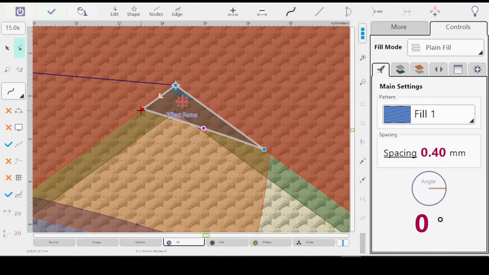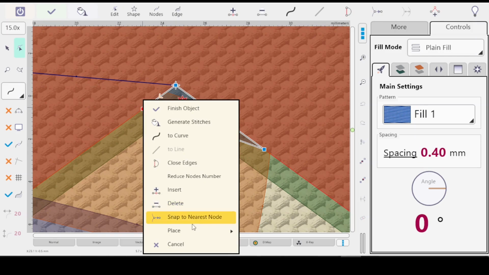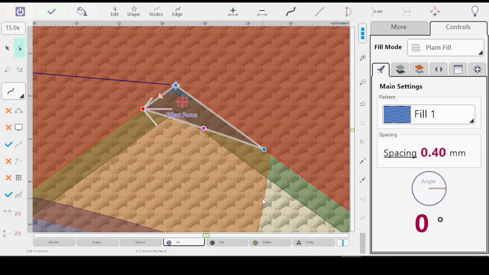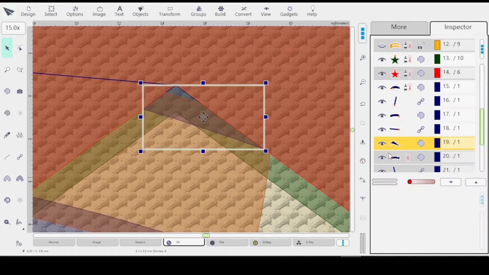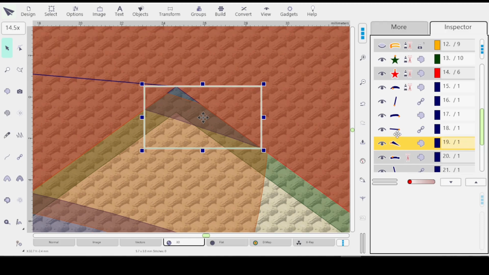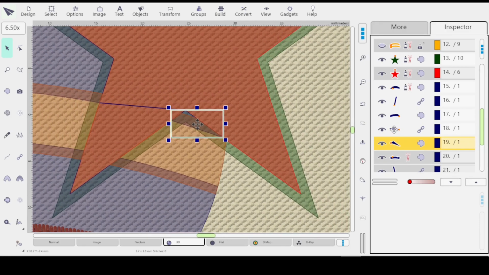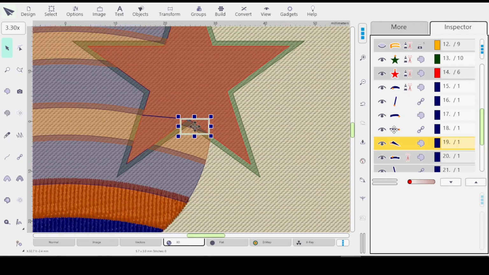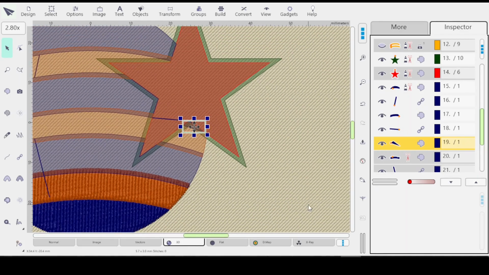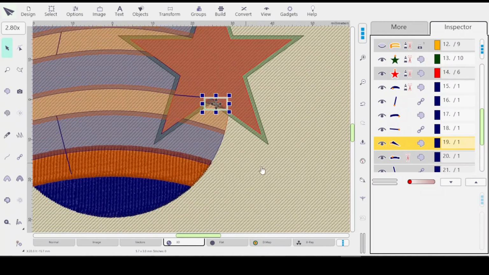So we want it to end lower. Place endpoint. Okay. And I'm just going to use my minus button. You hold it down. Sometimes if you don't hold it too long, you won't zoom out too terribly much. Okay. So then